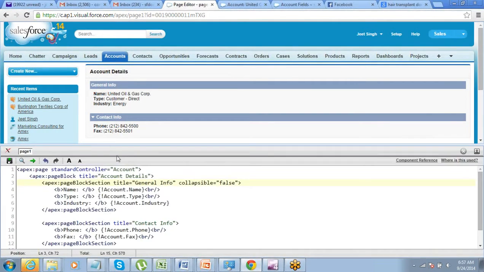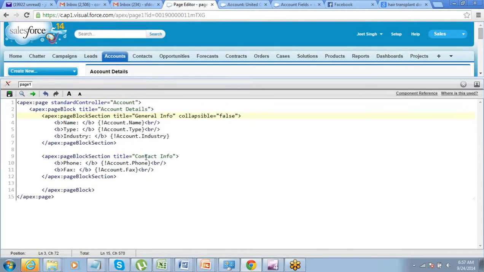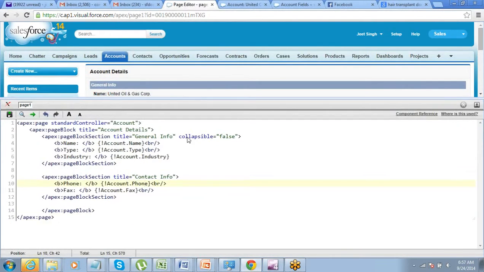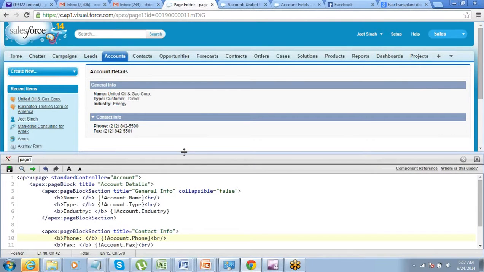Alright, so this is one. Now let me create another page. This is where I have used this thing. Let me create another page, page 2.